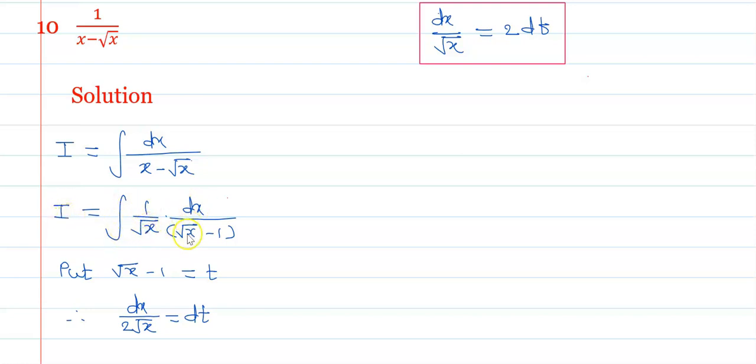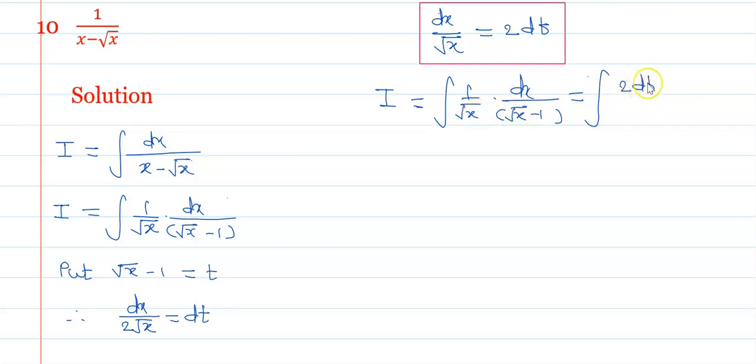Therefore this integral I, the integral of 1 upon root x into dx upon root x minus 1, we change. I will write this integral again. Integral of 1 upon root x into dx upon, in brackets, root x minus 1, changes like this. Dx upon root x is 2 dt. Okay, it is 2 dt. And what is the value of root x minus 1? It's t. Therefore 2 times the integral